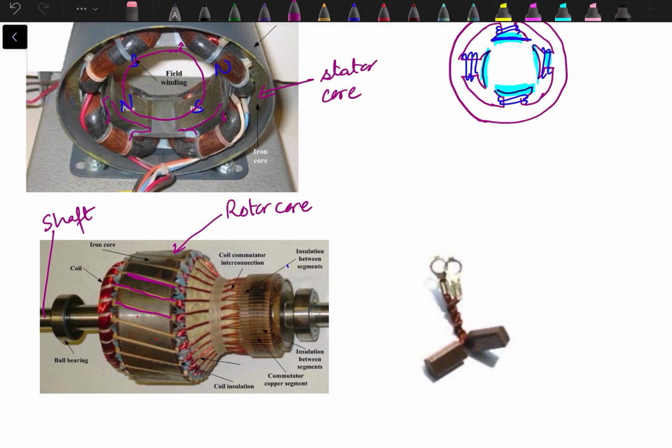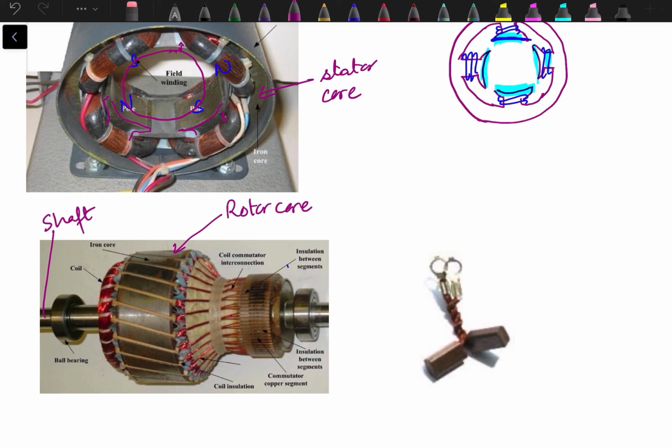So we can see the conductors outside over here and over here up to here. So these are the conductors which are placed in the slots available in the rotor core, and these are known as conductors, or completely it is known as armature winding. So armature winding is placed on the rotor which is free to rotate,